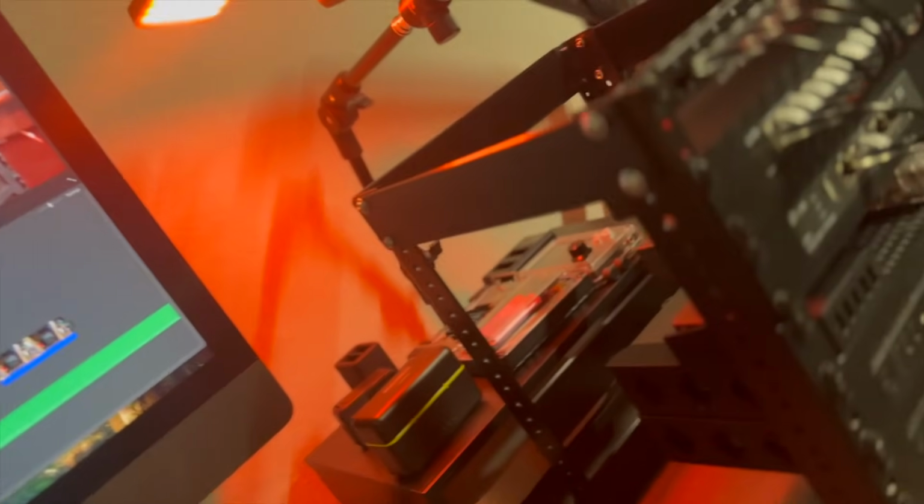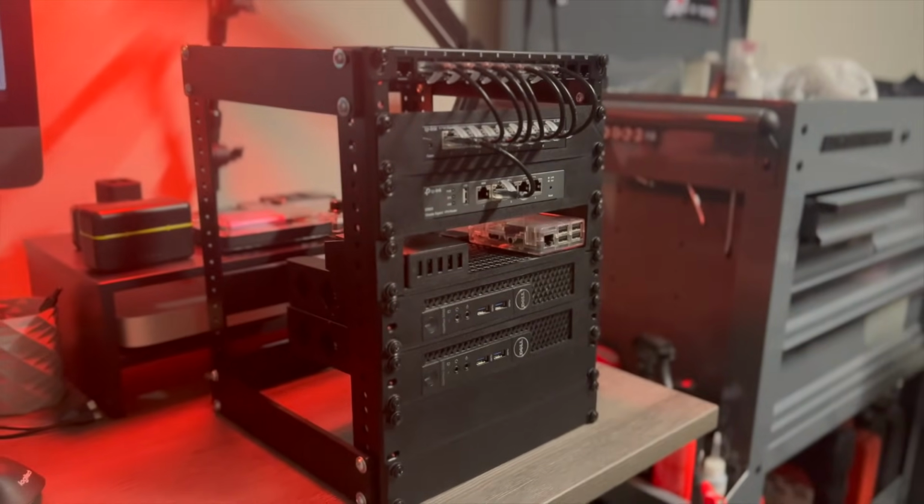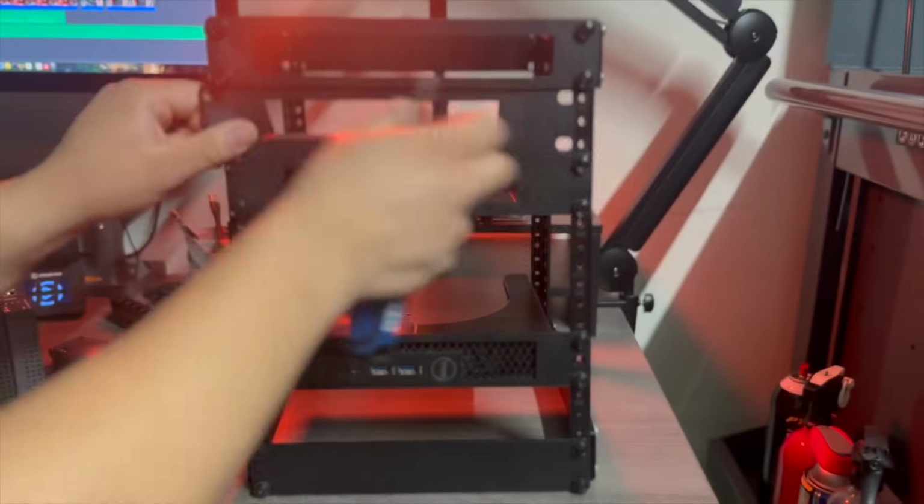This is my DIY 10-inch server rack, and I'm going to show you how I 3D printed about 80% of